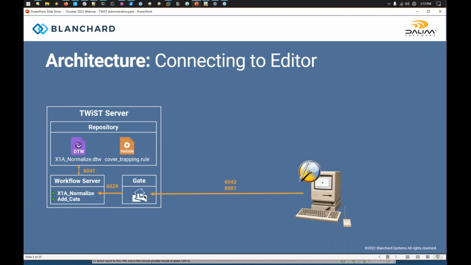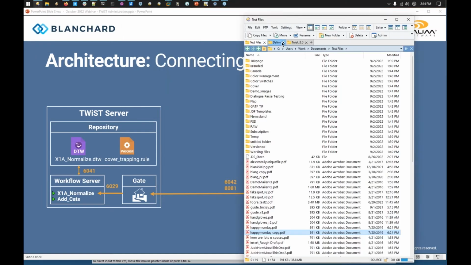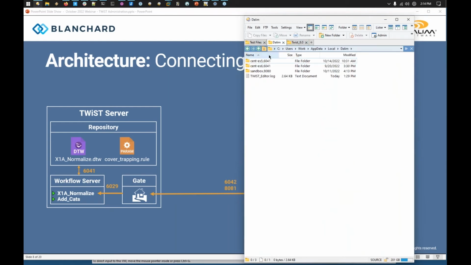And then once you connect up, the gate talks to the other internal components. So if you are trying to see what workflows are going on, the gate will talk to those. I think it also pulls from the repository too, because when you connect to editor, it downloads a local copy of this repository to your own personal computer. Hopefully I'm not going on too much of a tangent here. It's in a little different path if you're on a Mac. I'm on a PC here, but let me delete a file in here and I'll show you. So if I delete a few of these workflows,